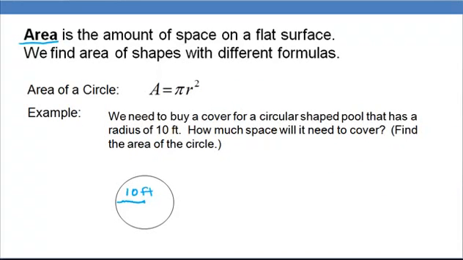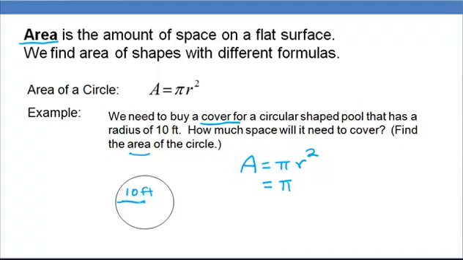For our next example, we need to buy a cover for a circular shaped pool that has a radius of 10 feet. How much space will it need to cover? So because we're going to cover a surface, we will need to use the area, and you had a little hint there, of a circle. So area of a circle is pi r squared. Notice with area there is only one formula. With circumference we had 2 formulas, radius or diameter. So you need radius to do the area. We do have radius, so we'll plug in